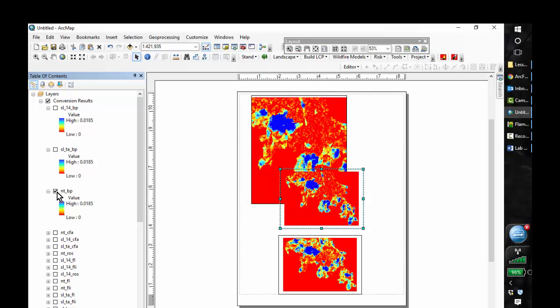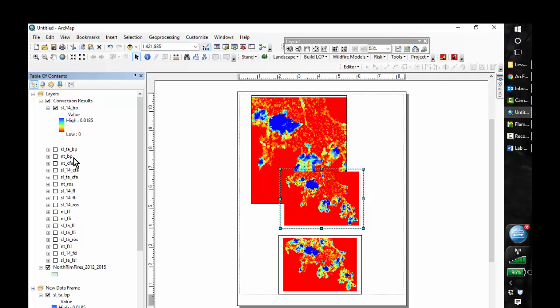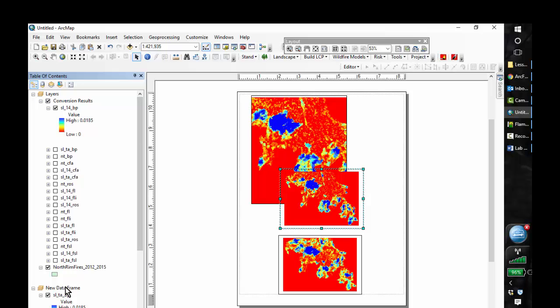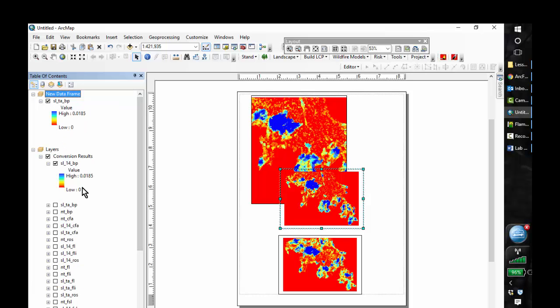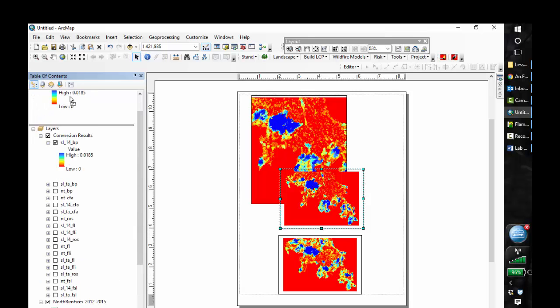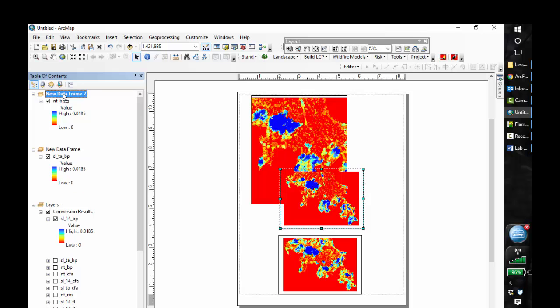So I'm going to just turn them off, and I'll turn this one on. I'll minimize these to save space. And now I'm actually going to drag this data frame above here. Then they'll be a little bit more consolidated. There we go. So now I have my 3 data frames,